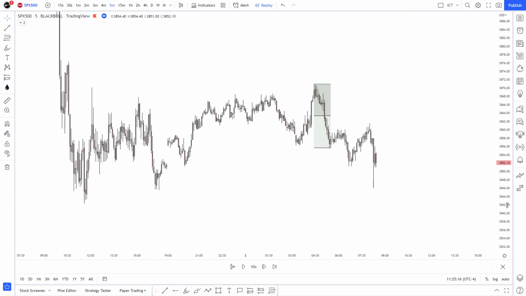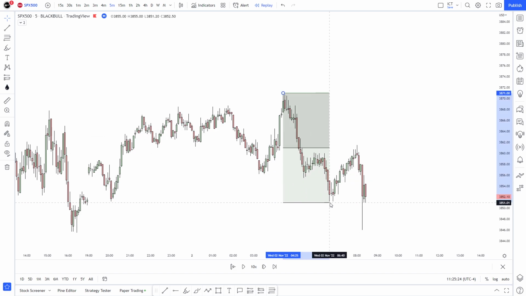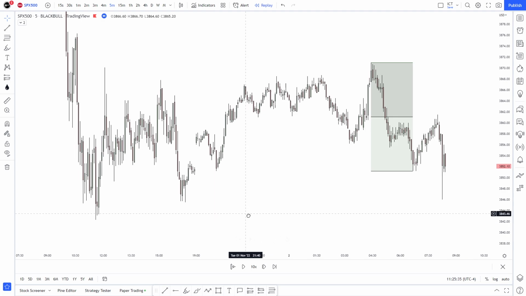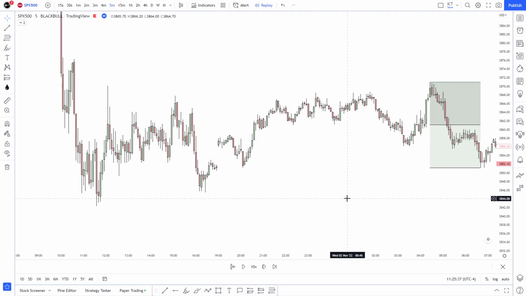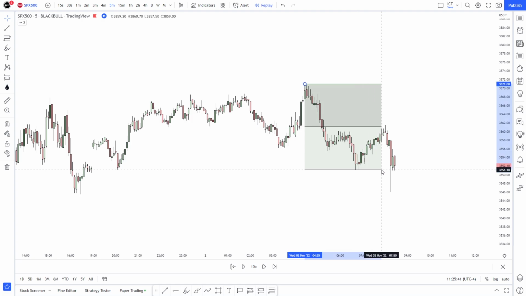As an example, what I do remember from ICT is that this impulse doesn't have the 50% mitigated. So you can move it to the next swing, which the 50% is a bit lower. And as you can see, price actually reaches into that. And that's how I've been using it lately, right? That's how I like using it. So as an example, I'm actually doing multiple of these because I really don't know how to explain what I'm being asked, because it depends a lot.